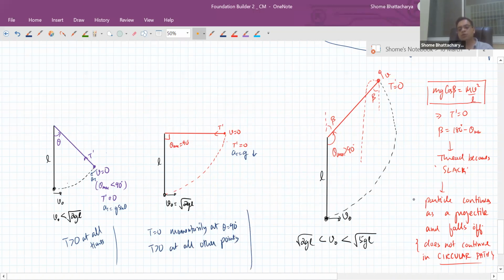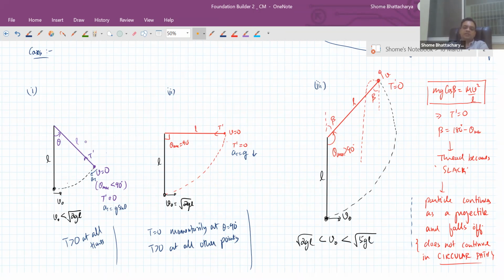And here, too, this is what happens. The particle goes out of the circular path only because the string slackens. So these are three different cases. And the fourth one, which we'll discuss, is the one where it completes vertical circular motion. If you're familiar with these values and the cases according to the values, then you will find it very easy to do these types of questions by simple analysis and comparison.